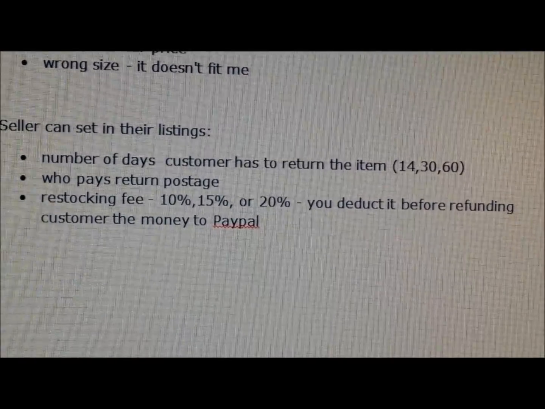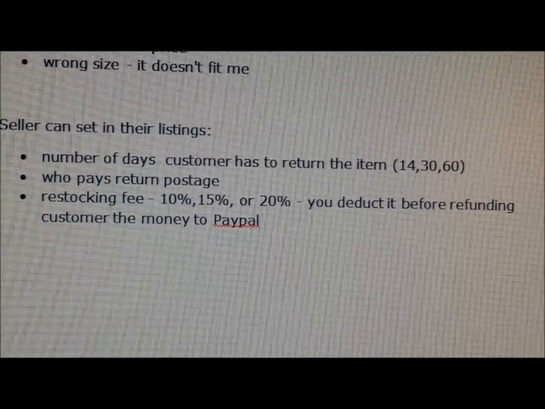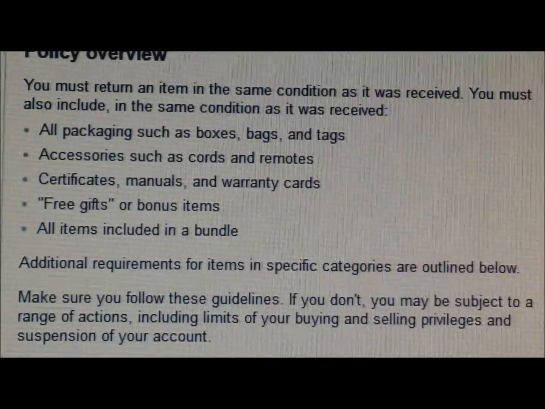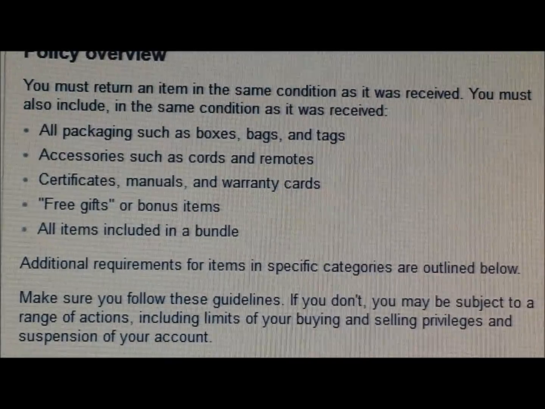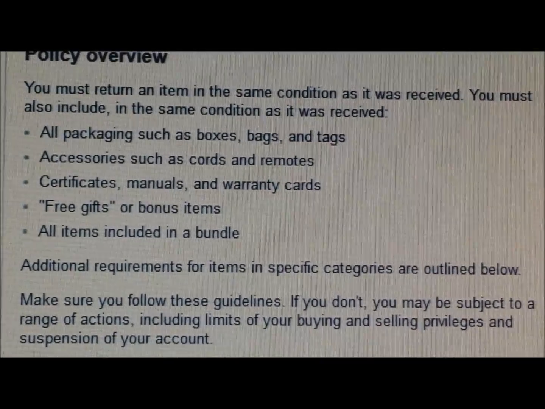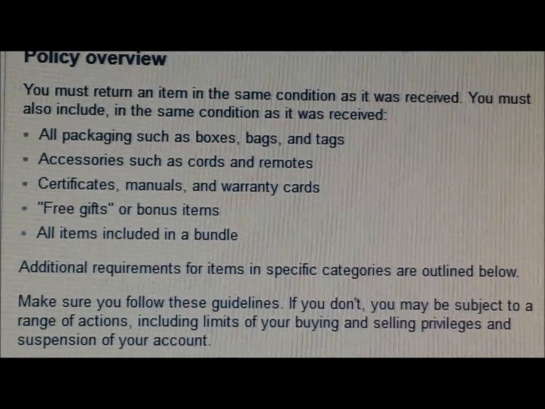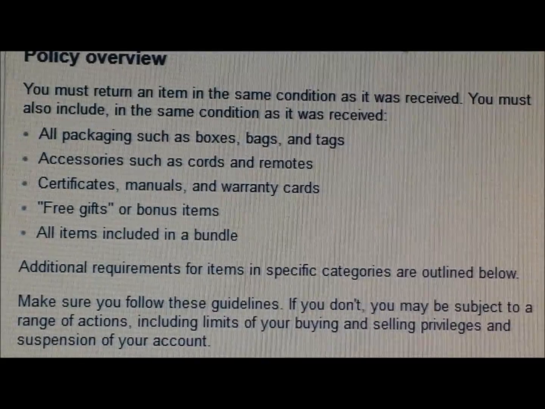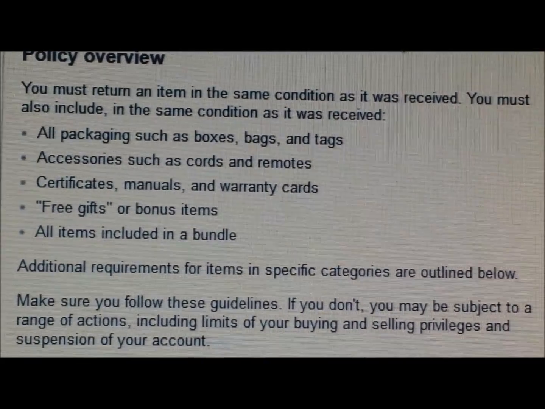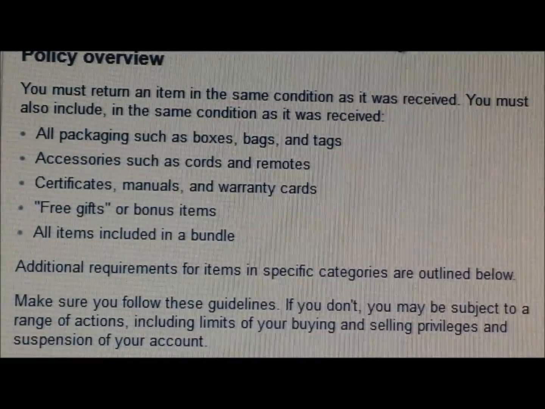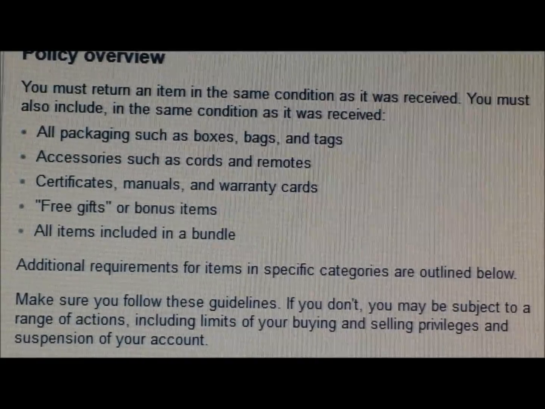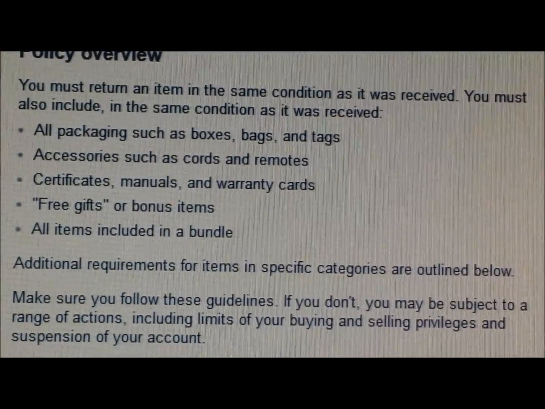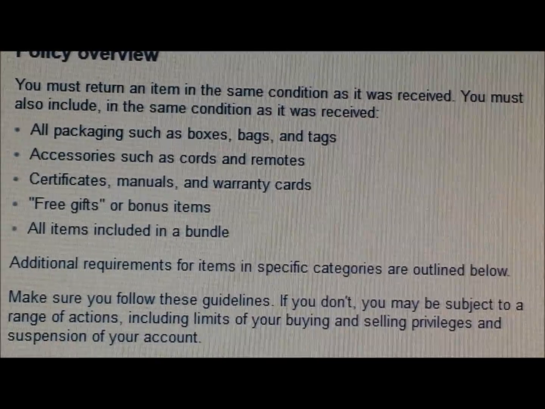Okay, now before going on to the other information, I'm going to give you a little bit more detail about the hassle-free returns. So if you are a seller who's signed up for hassle-free returns, the customer is going to see this before they can indicate to eBay that they're making a return. This is eBay's policy. And personally, again, just my opinion, but the customer is going to take eBay more seriously than they take me if I just tell them these are my policies. So these are eBay's policies.